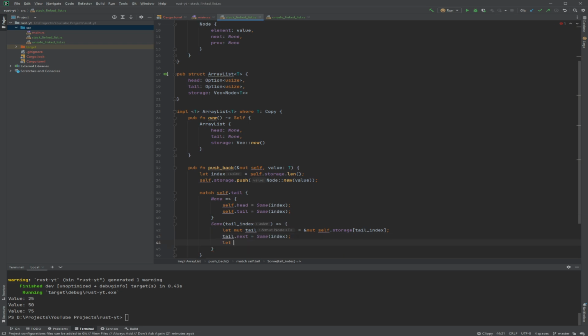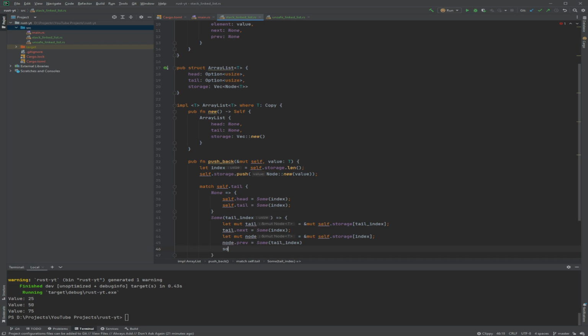And then we get the new node, and then we set the previous to be the index of the tail, so tail index, and obviously it will be a Some, and then self.tail, the new tail will be the new index.